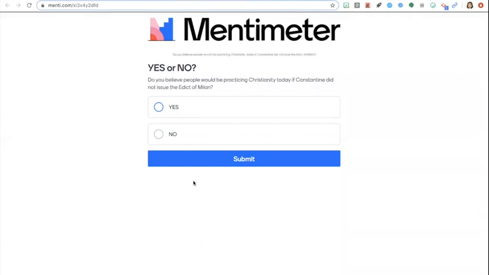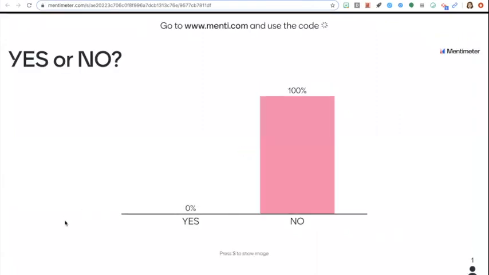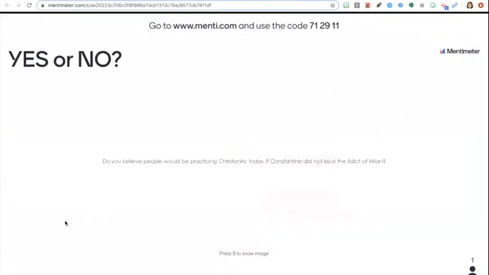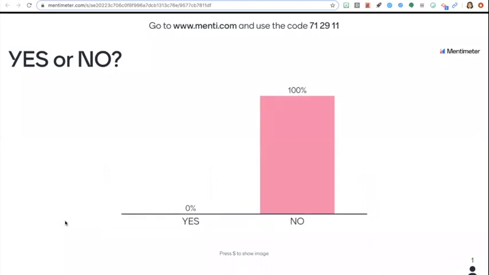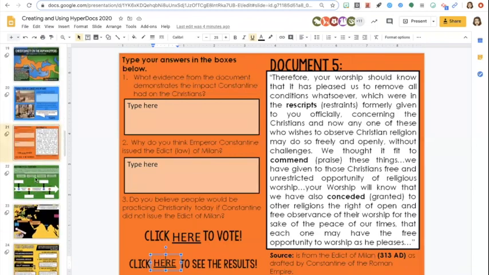They can vote yes or no, and you can also give them a link to see the results. So there's the question, and then there's the results. That's a cool way to get them involved and communicating